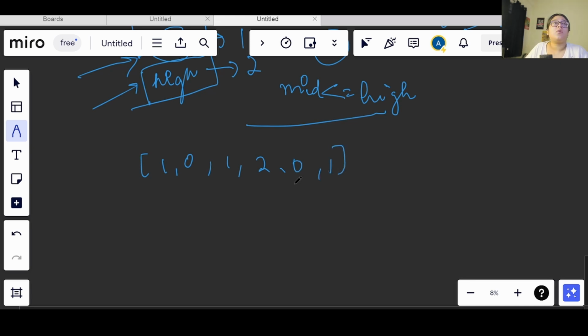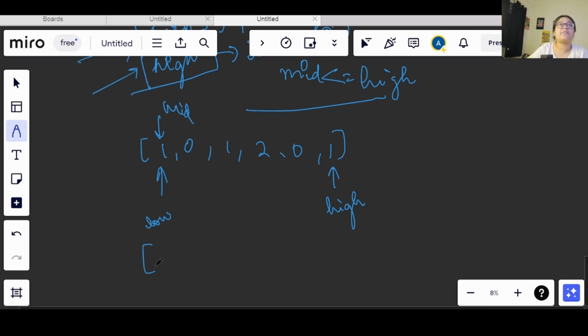As I said, we will be having a low, mid and high, right? I will be using mid only for checking the conditions. If I see that my mid is equal to 1, I will simply move that mid forward. Now I have mid equal to 1 here, so I will move that forward. Since it is of no use to swap, my mid will be used only for maintaining the number of ones. So it will be of no use if we are swapping any values. Let's leave it like that and move forward.